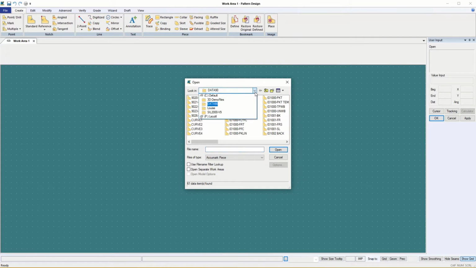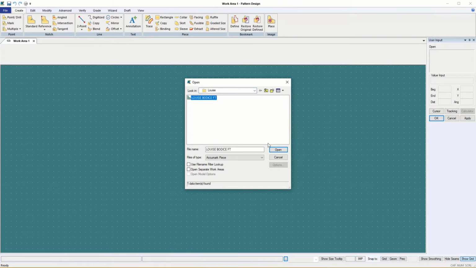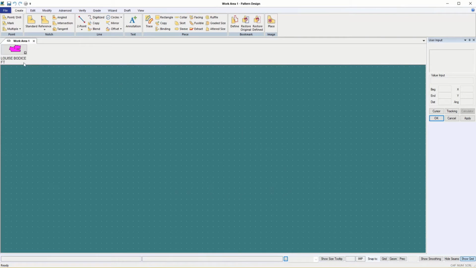Well, let's change that. We need to review how to fix this. I could just open, well, I will. I'll just open Louise and I'll open my bodice front because that's what I need, but it's not going to go where I want it to go. So when we save it, so I'm